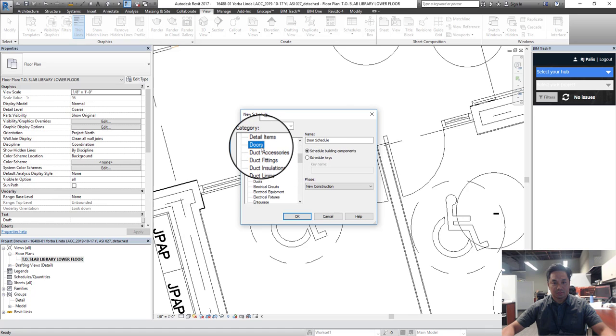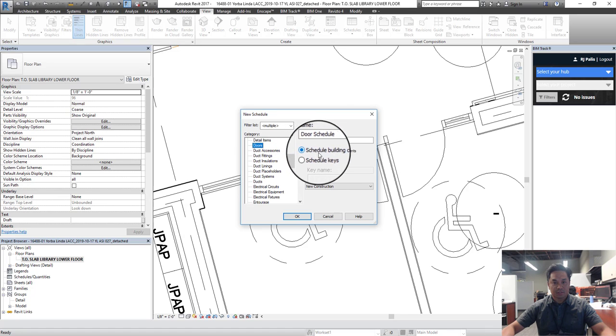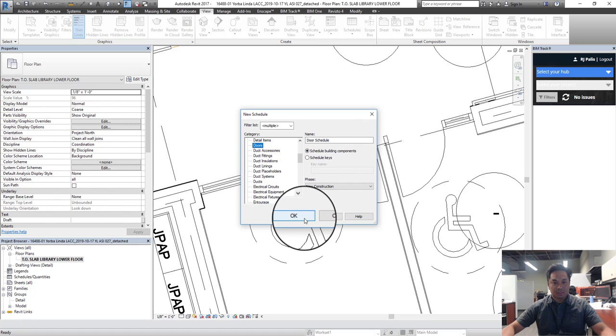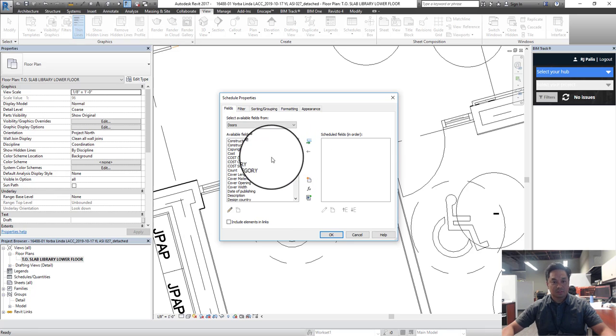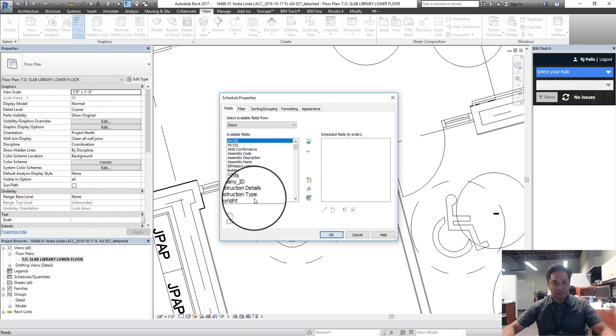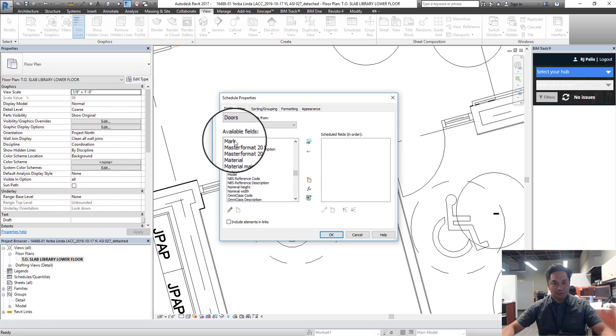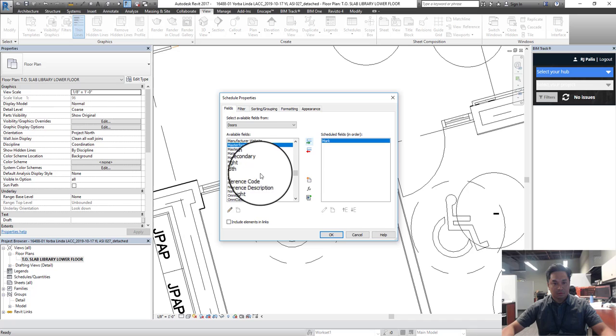We're going to select doors, schedule building components, and hit OK. It's going to ask us for a list of items or attributes that we saw earlier in the properties browser. So we're going to look for mark, exterior, interior,